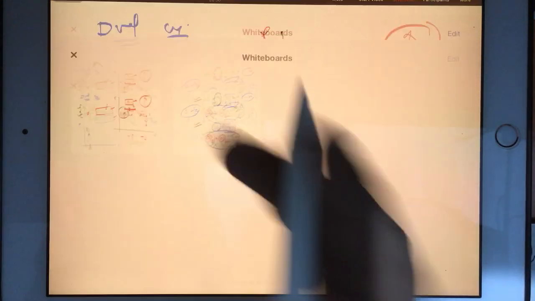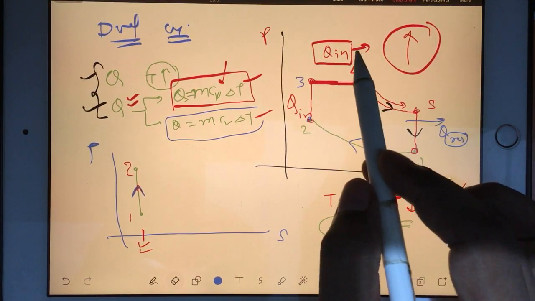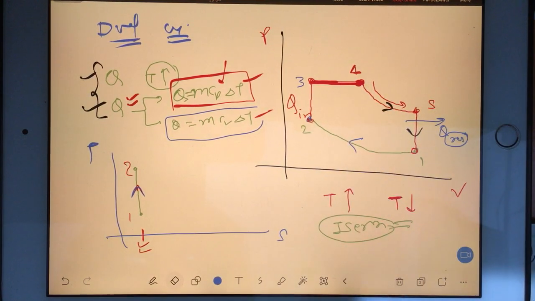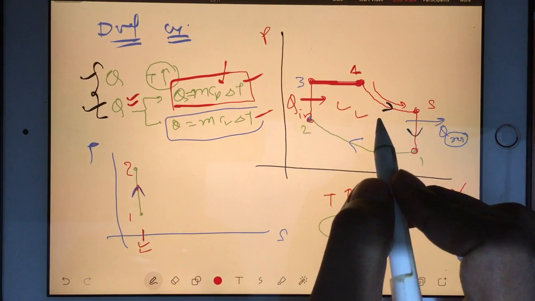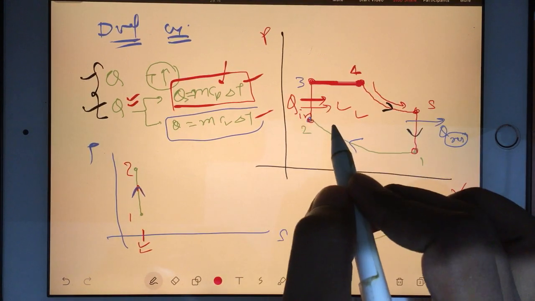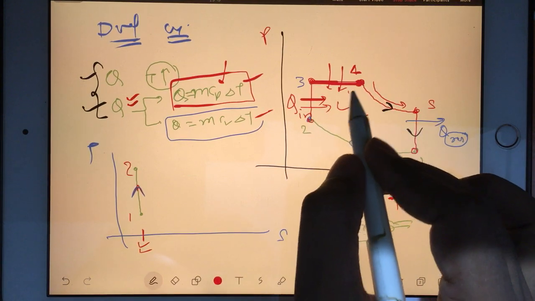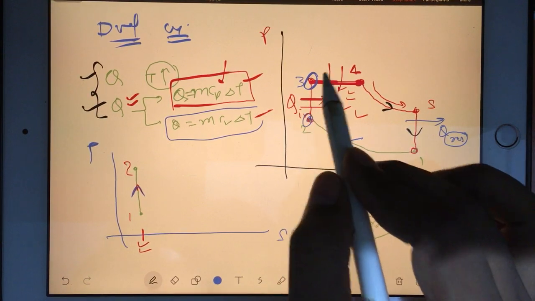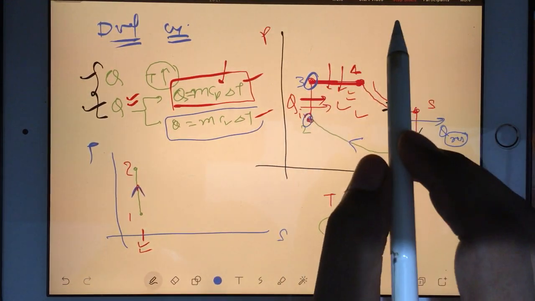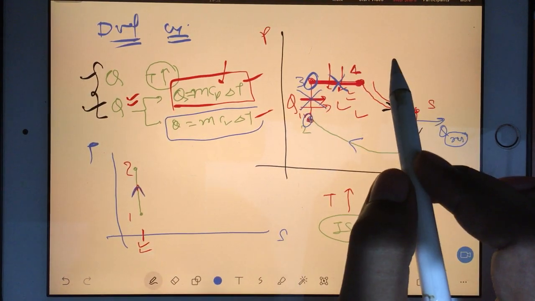So in the diagram, what are we doing here? In 2 to 3, we have heat going inside the system. In this, we are adding the heat. So entropy of the system will increase. Why? Because I am adding the heat. In the same way, in 3 to 4 also, entropy will increase. Why? Because I am adding the heat. But what is the name of the process? Here, 2 to 3, first you check, is the process isentropic or not? No, the process is not isentropic. 3 to 4, isentropic or not?